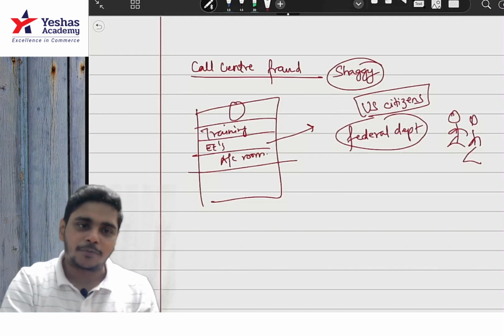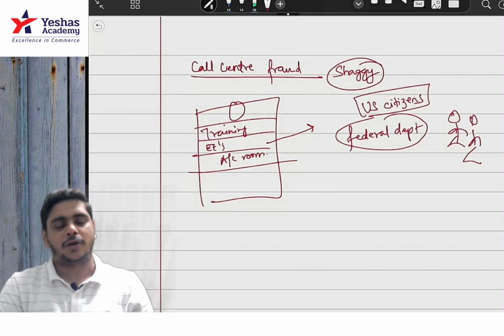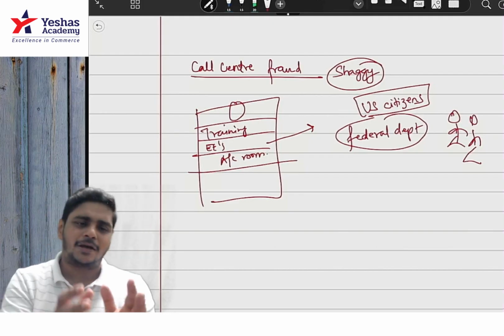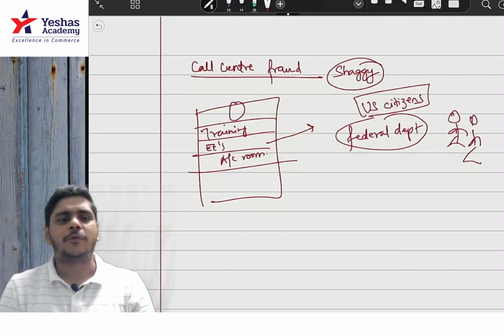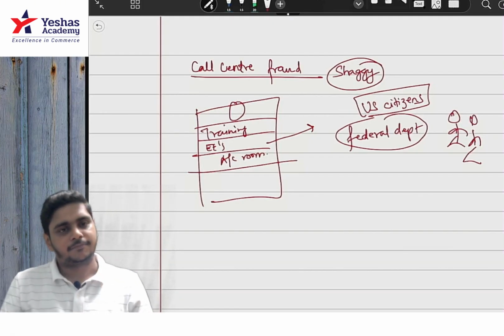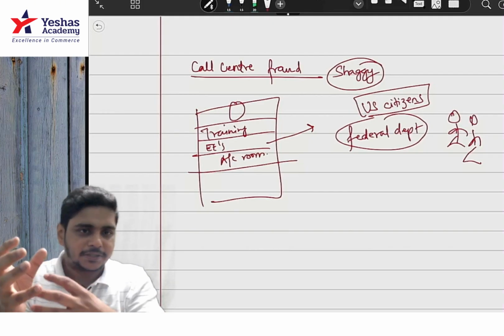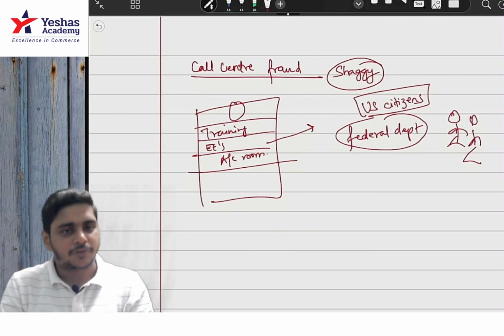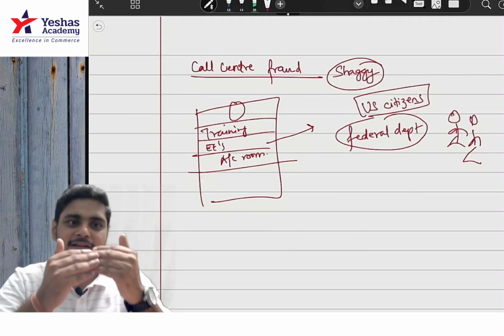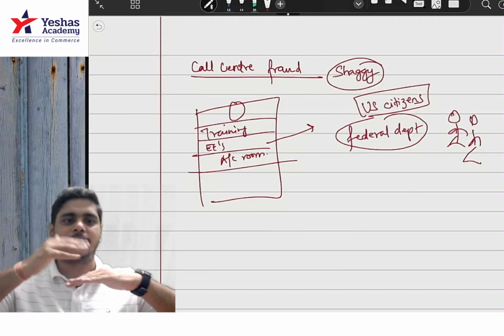Okay, so this employee used to give a first call to them saying that we are calling from the tax department and there is a shortfall of maybe $25,000, $10,000 of your tax. So you are required to pay the tax and we will give you another call to pay the tax. Those citizens were very honest, very sincere, so they used to get scared. In the next call, the second call, the next level employee would call; the first level employee makes the first call.